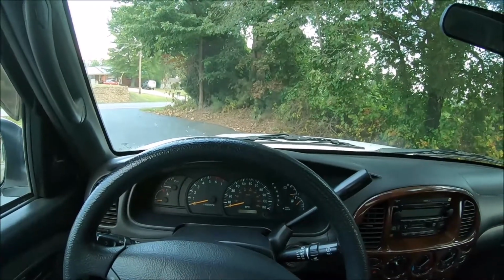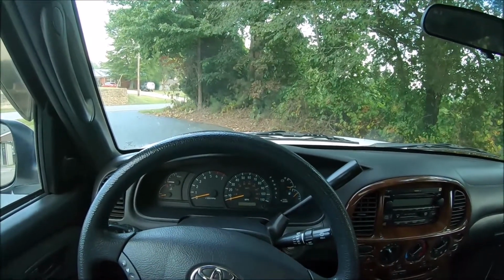It's actually kind of similar to the new Tacomas, where you have to